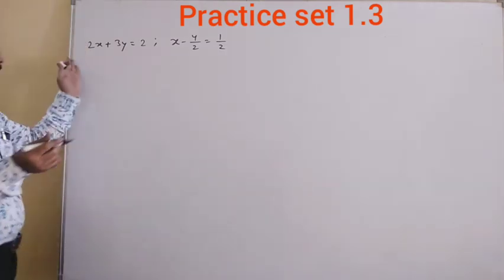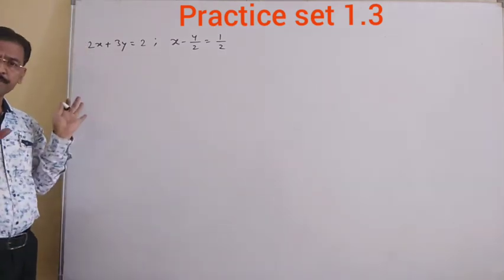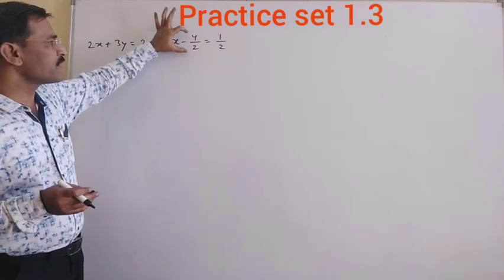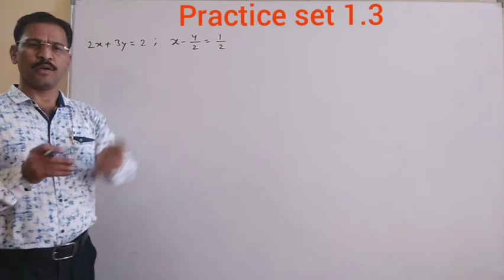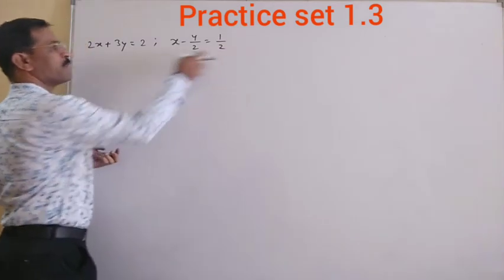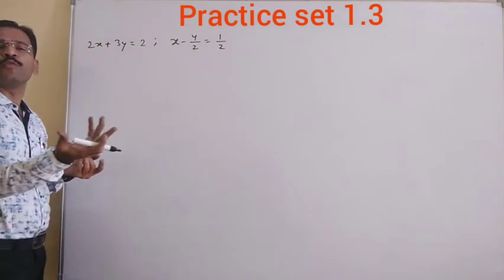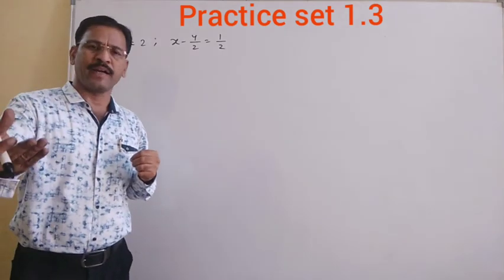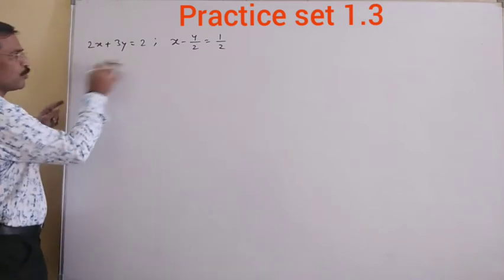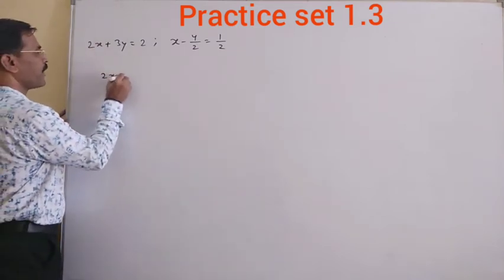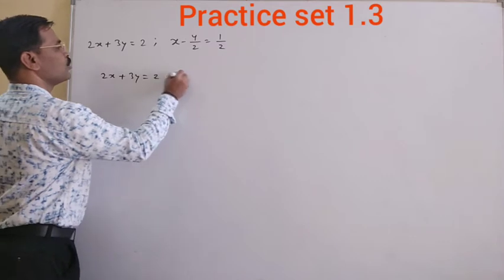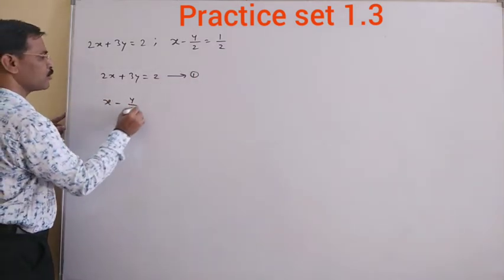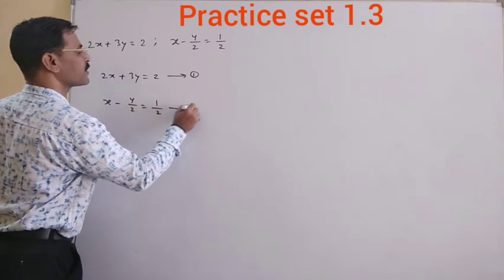Okay, this is one more sum. See here, again these two are in neat form, but just try to look here. Here the y has coefficient is fraction. Here also fraction. We can multiply both sides by 2. Okay, at that time we can remove that fraction part, but I will keep as it is. This is one different kind of example. Okay, see first here. Now both are in neat form. Write first 2x plus 3y equal to 2. This is equation number 1. Here it is x minus y by 2 is equal to half. This is equation number 2.